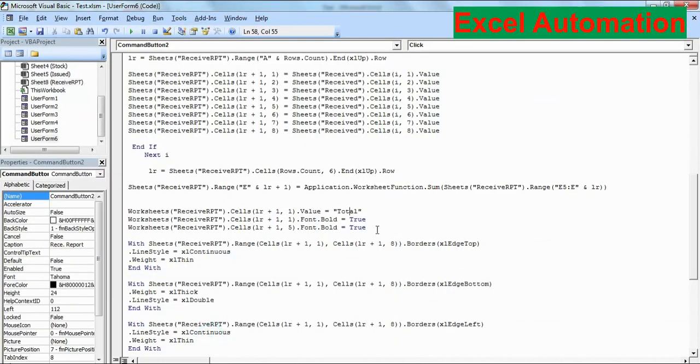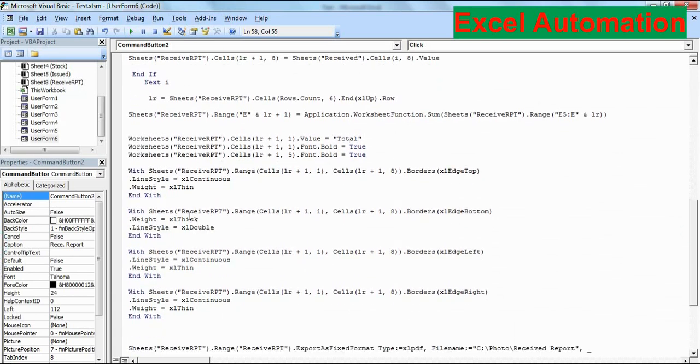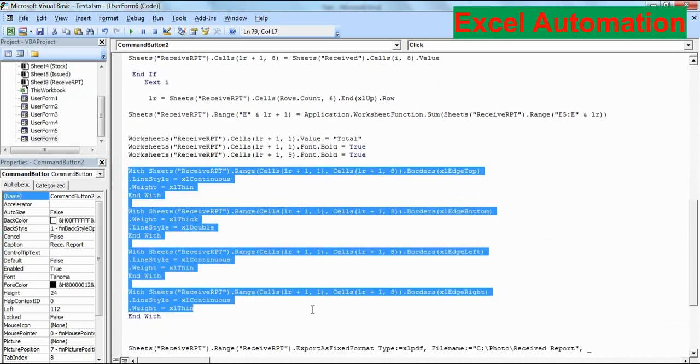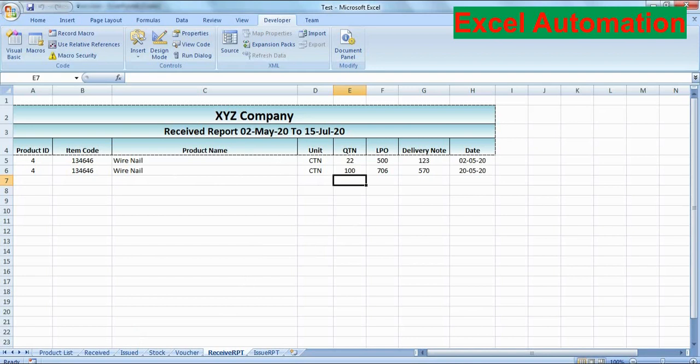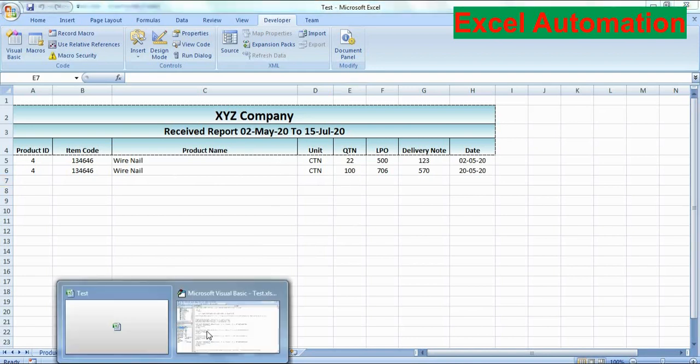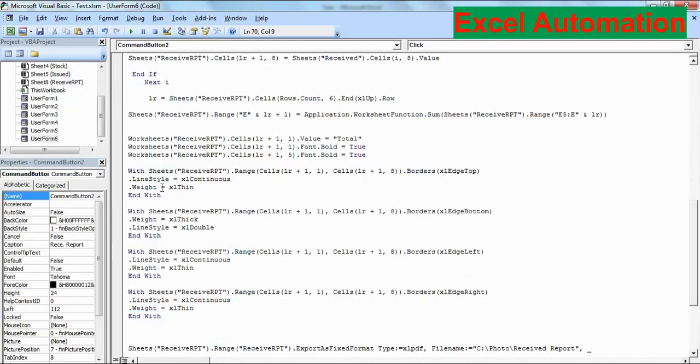And after that, this is the code we'll use for formatting, because here you can see there are no borders. For that we use With sheet receive RPT dot Range Cells LR plus 1, column 1, to Cells LR plus 1, column 8, meaning from column 1 to column 8.